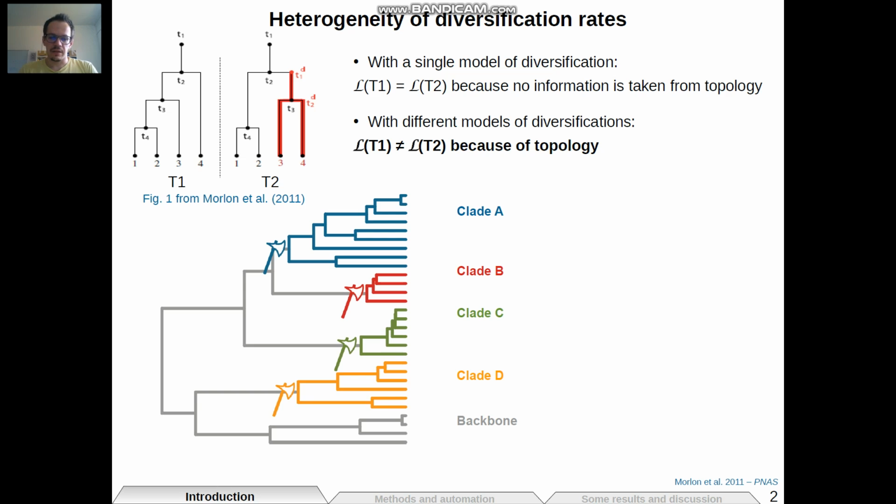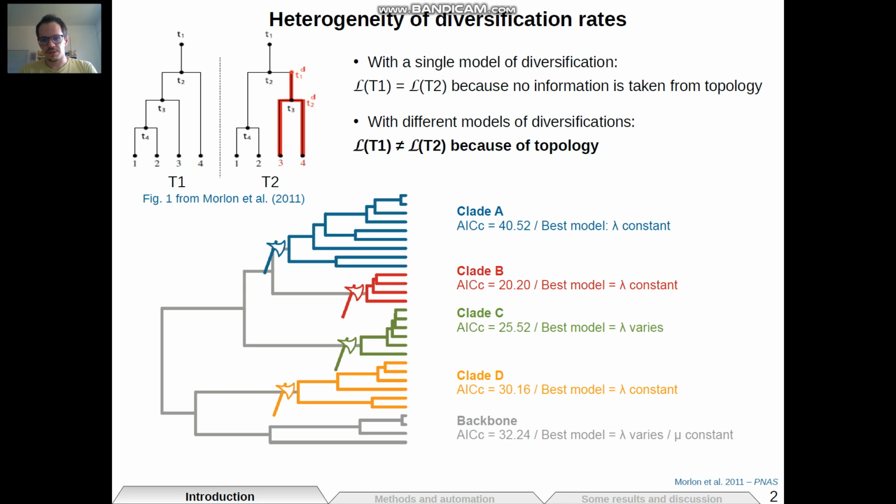So what they did by hand is to select some clades thanks to taxonomy. The rest of the tree is called the backbone. Then they applied diversification models to them, and they expect to have a backbone with an extinction signal, which sometimes could be higher than the speciation rate. So the net diversification is globally negative on one part of the tree,